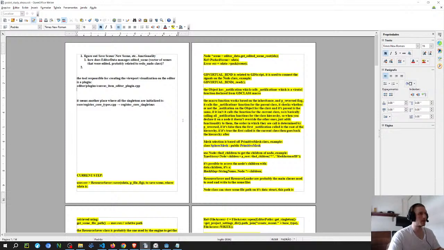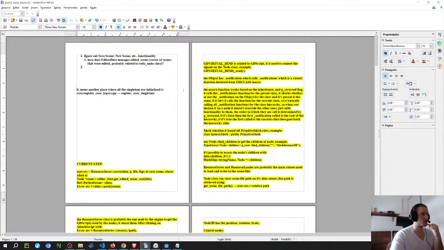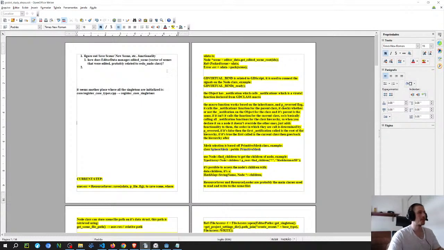I'm hesitant about deleting this because I'm not sure if I'm going to need it, but I think I don't need it, because this one is going to be a plugin that creates the visualization on the editor. Maybe at some point, but it doesn't matter that much. You can figure that out later. And this is the stuff that I wrote down to solve the other stuff, so I'm just going to